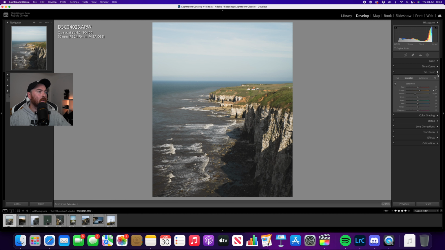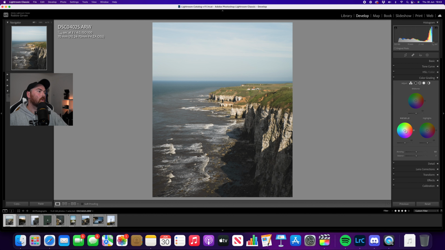And yeah, I don't edit my photos like this, to be fair. I use presets, which I'll show you at the end, but we're just showing you how to use the tools basically. Color grading, again, if you're new, maybe not the best thing to fiddle around with straight away, but basically